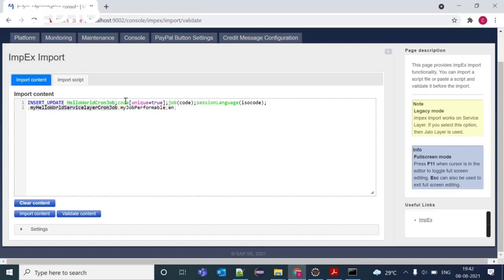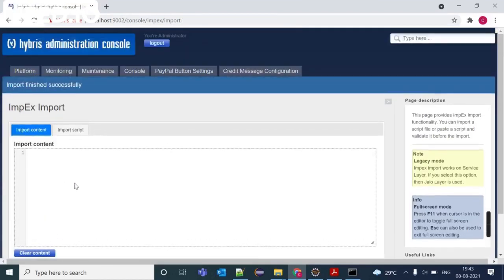This is the code of the HelloWorldCronJob. The next attribute is job, so you need to define the code, which is myJobPerformable. This is the bean ID you need to give, and I am giving the session language as EN. Now validate content. Yes, our script is valid. The next one is import content. Yes, our import finished successfully.